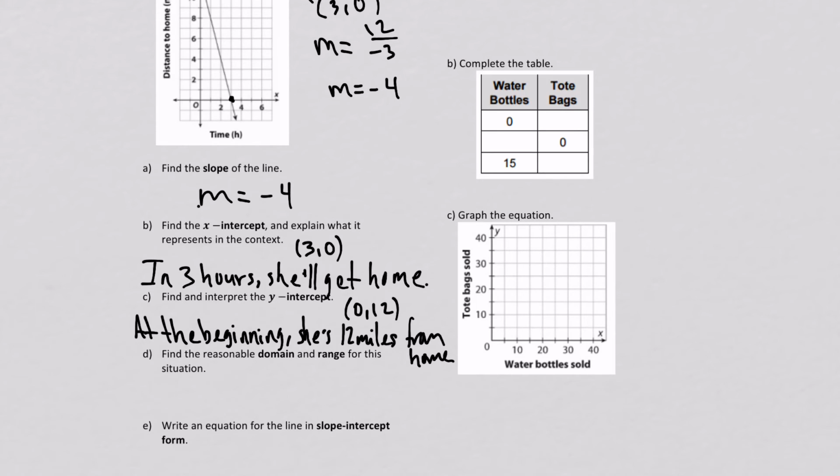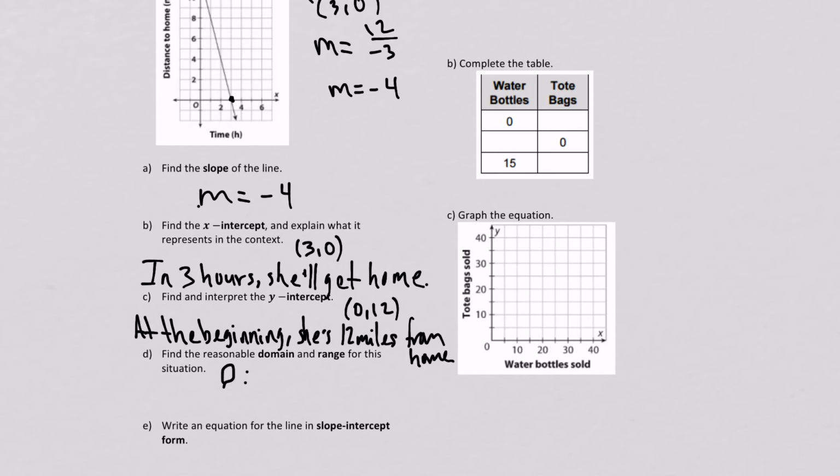Part D, find the reasonable domain and range for this situation. What's reasonable in the domain and the range? Domain, think x values. What are the possible x values that I can use here? If she's starting to run to her house and she's 12 miles away, the